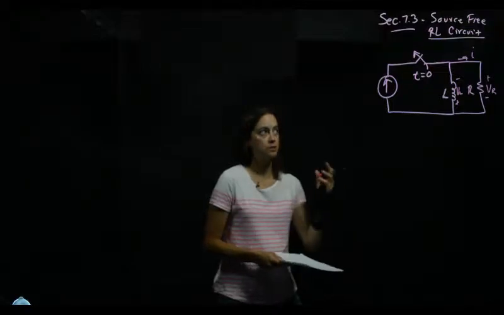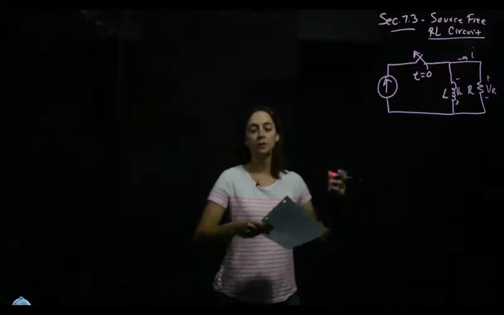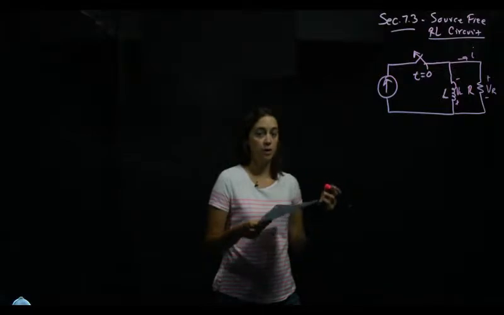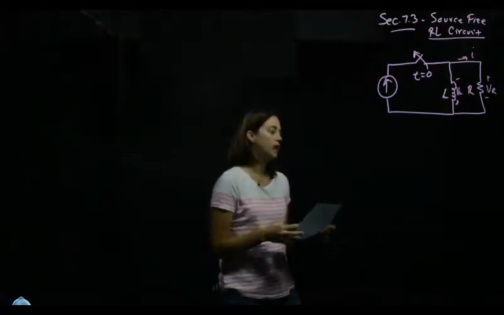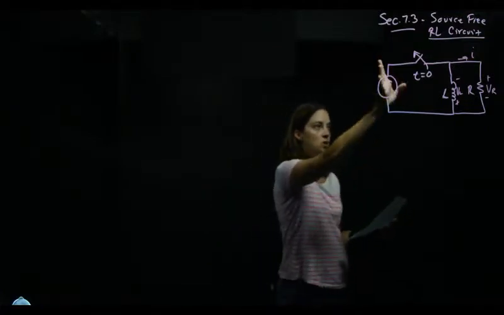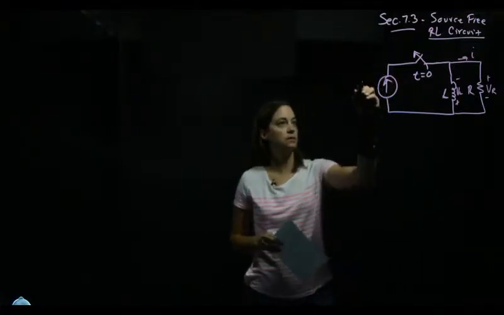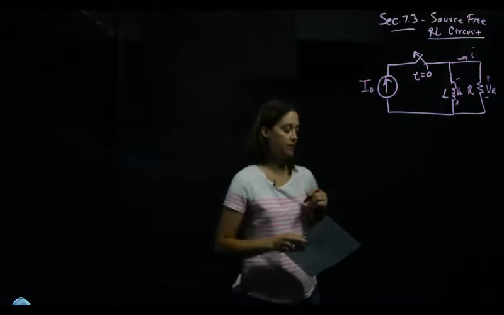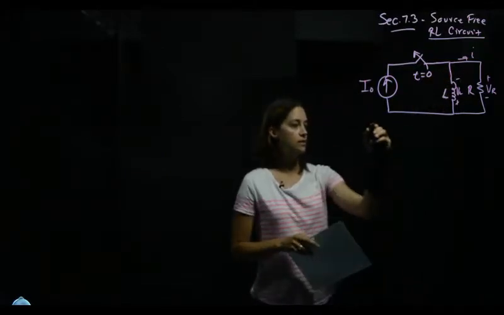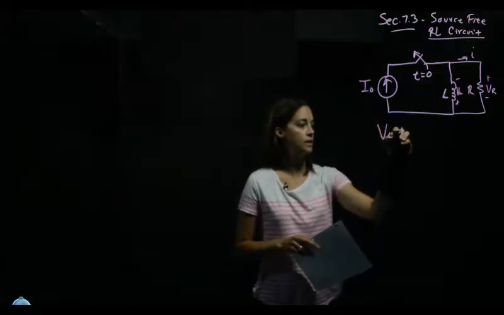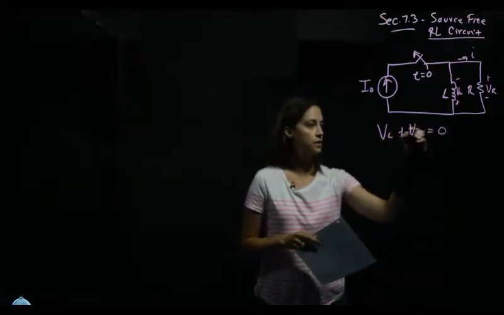Section 7.3, which is the source-free RL circuit. Procedure-wise, it's really similar to the source-free RC circuit that you did in the last section. So we have this circuit, and again, some switch opens at time t equals 0. And if I look over here and do a KVL, I have VL plus VR equals 0,